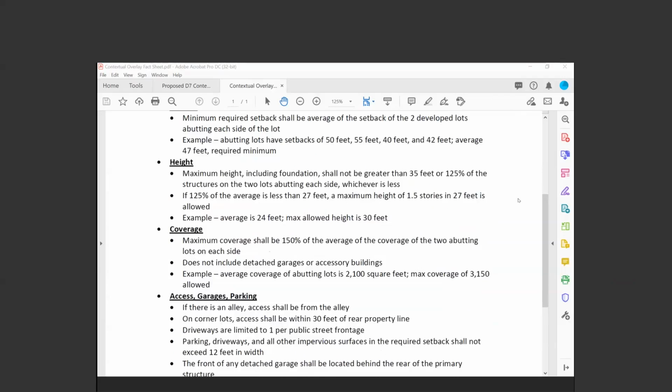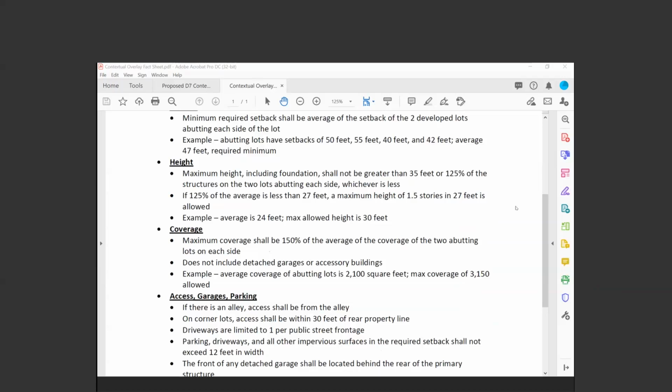However, let's say all of your neighbors are one-story ranch houses. If that 125% average comes out to less than 27 feet, the person building is still allowed to go up to 1.5 stories and 27 feet. This is just to provide some ability to be a bit unique